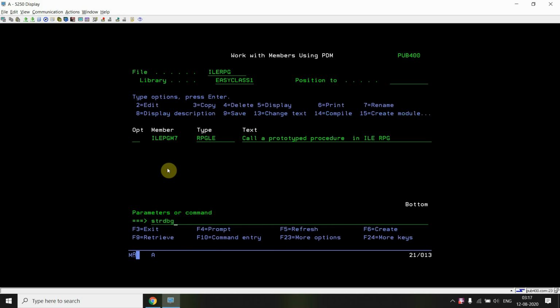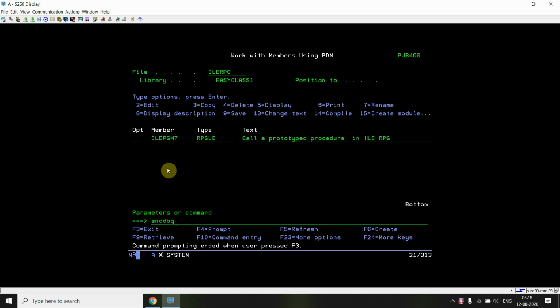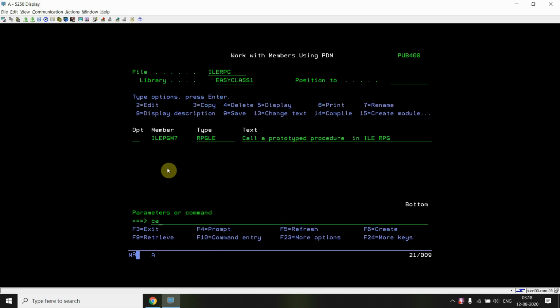Now I'll be debugging this. Set the breakpoint at line number 1 and call ILEPGM7.